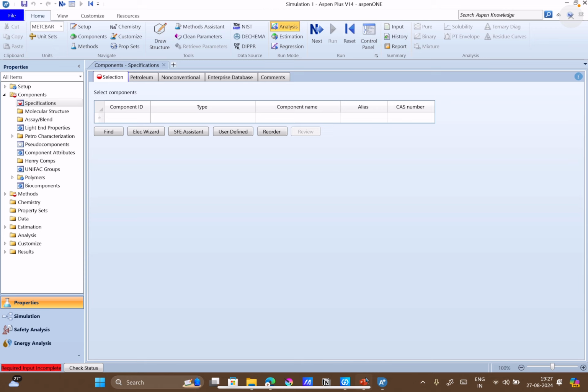If you go into the input part of this ternary diagram, scroll down, again go down, go to input, and now you can see there are various tabs open. So if you click on the azeotrope tab, you can find the composition where this azeotrope is forming.